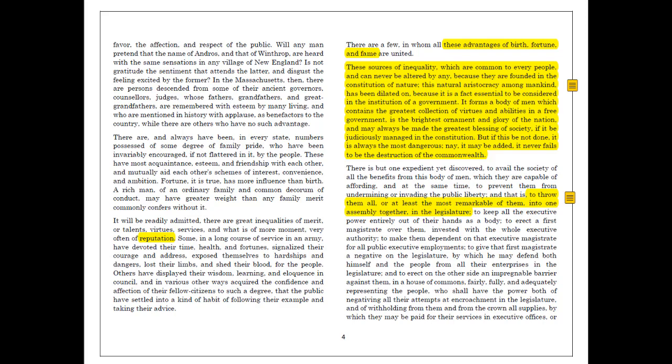So Adams thinks that there is a cohort among every population that just is the strongest and the brightest and the most ambitious and the most seeking of reputation and renown in their community. And those people will inevitably be powerful. The Constitution will decide whether their power gets channeled for good or their power gets channeled for evil.